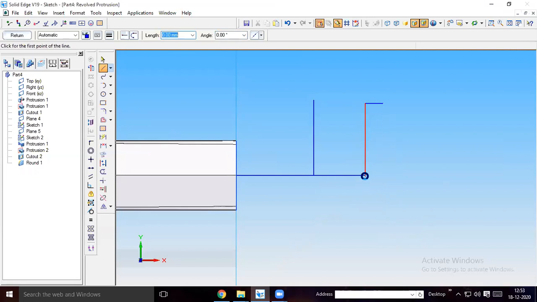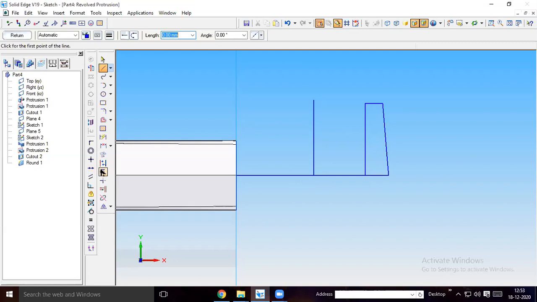So then take this. So from here to here it is 8 mm. From here to here it is, sorry, here to here it is 9 mm. From here to here it is 4 mm. 9 plus 4 will be 13 mm. 4 mm at 0. So then join this profile.